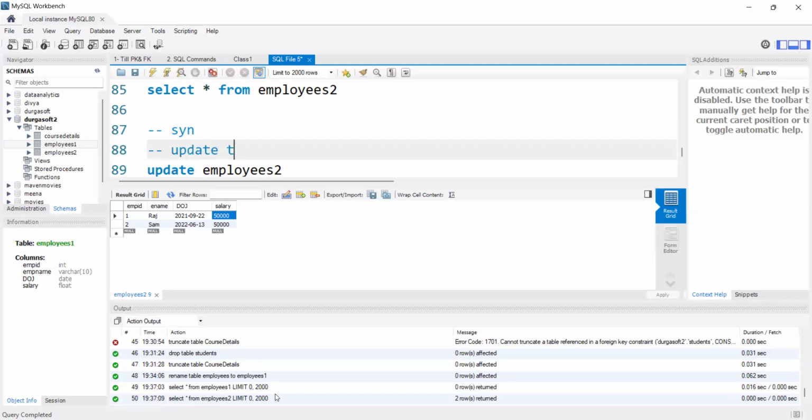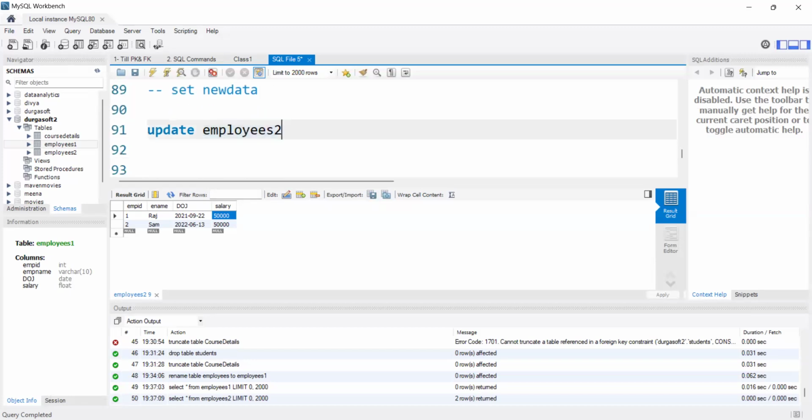Update table name, and we need to use a set keyword here, and we need to give the new data. Suppose here, update table name, employees 2, I want to update. I will use the set keyword, and I want to update salary equals to